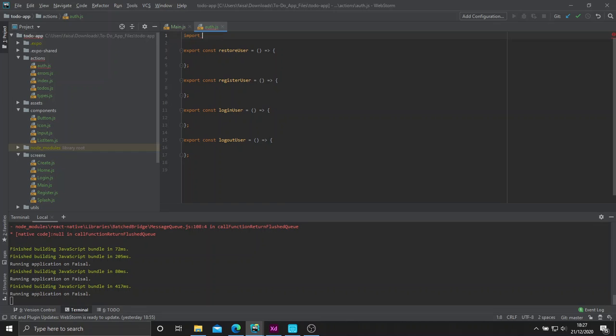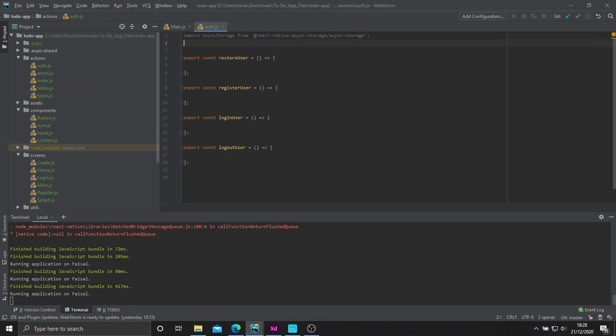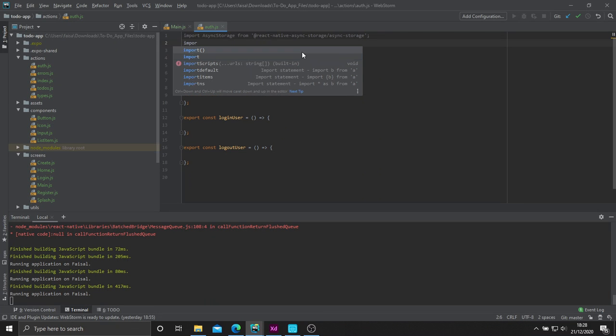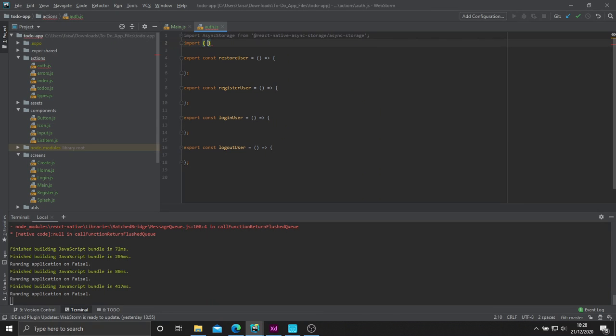So let's go ahead and import async storage from at react-native-async-storage/async-storage, like that. So that's where we will save all our information, all our data. And then we can go ahead and import restore user, login,